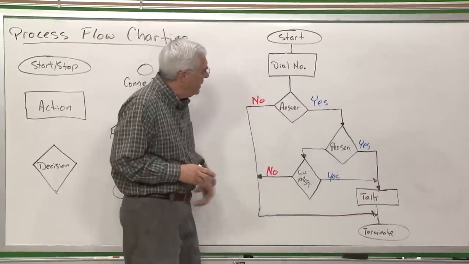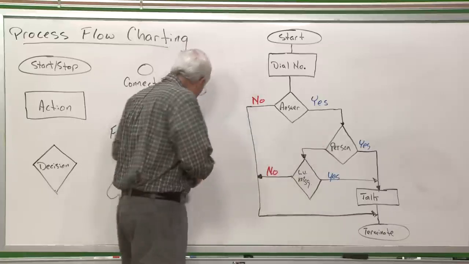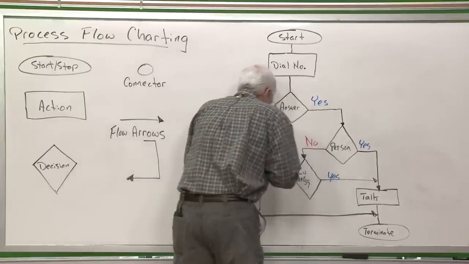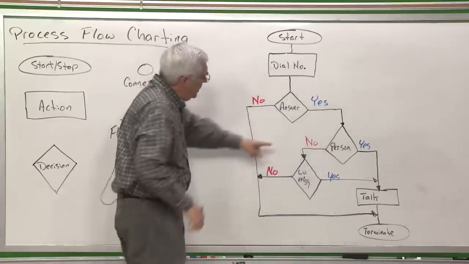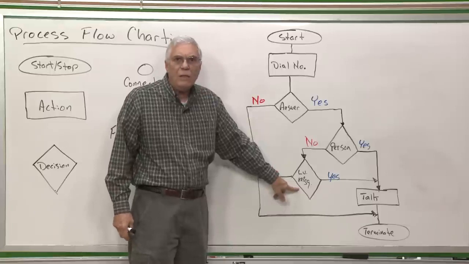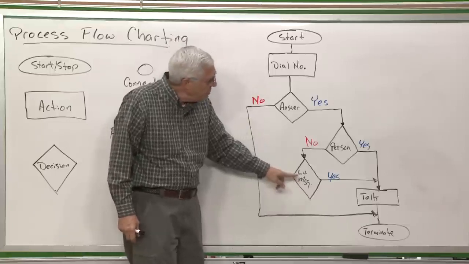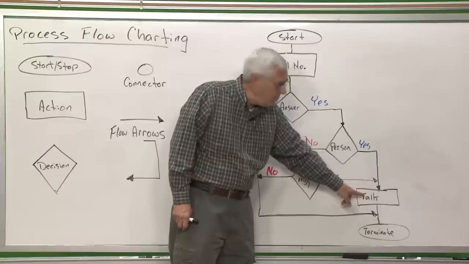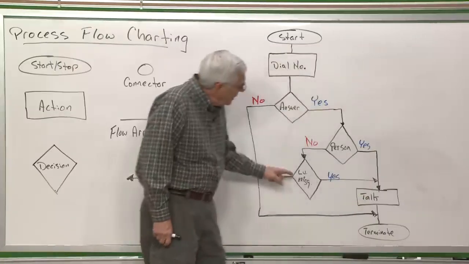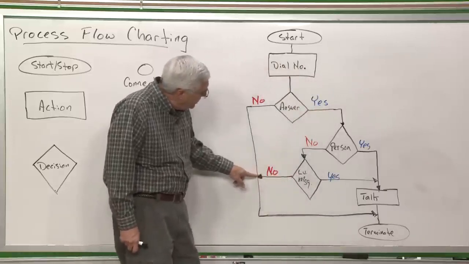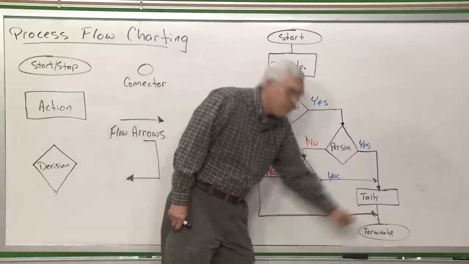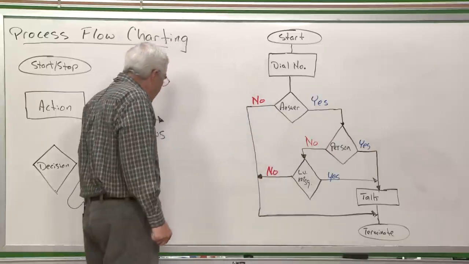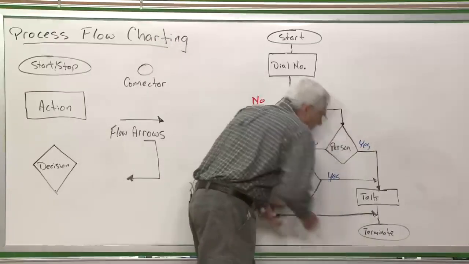If, on the other hand, it's not a person, and I forgot my no in here, it was a machine, now I have to decide, do I want to leave a message or not? If I choose to leave a message, I come over here, talk, in essence, give the message, and then terminate. If I choose not to leave a message, I come over to this guy and come in here and simply terminate the call. Now there's no point in here where we really need to use a connector, but to give you an example of how that might look,